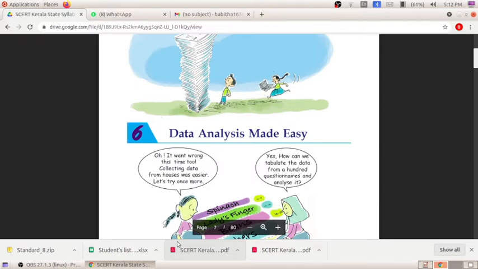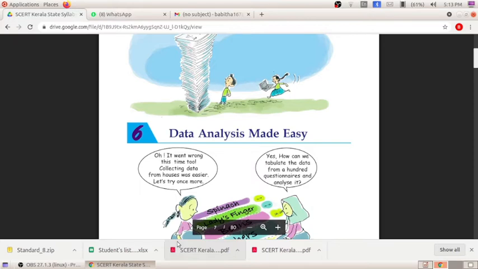He is looking at it thinking, oh my god, how many papers, how will I evaluate and check them? And from behind you can see a girl running with a computer. In that computer there is software which helps us analyze the data very easily.